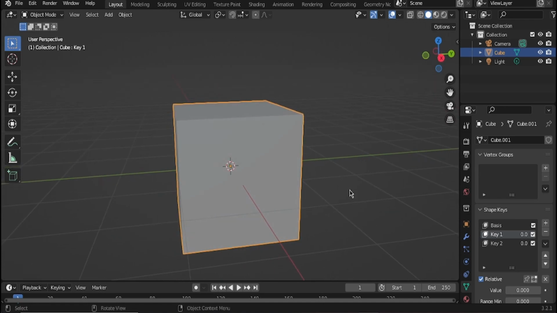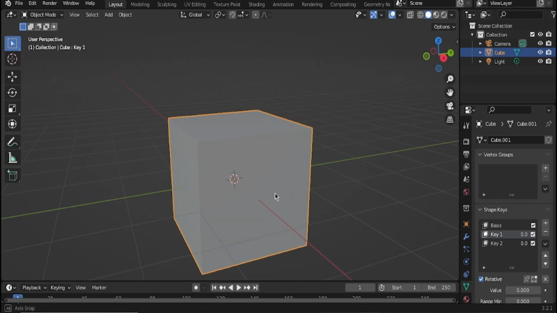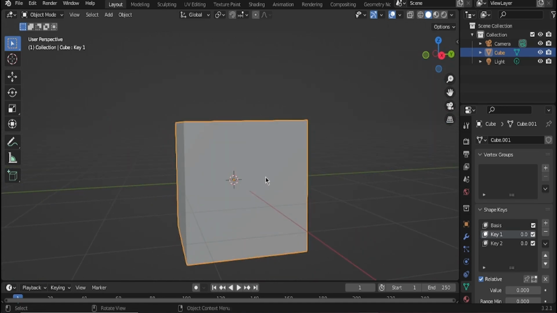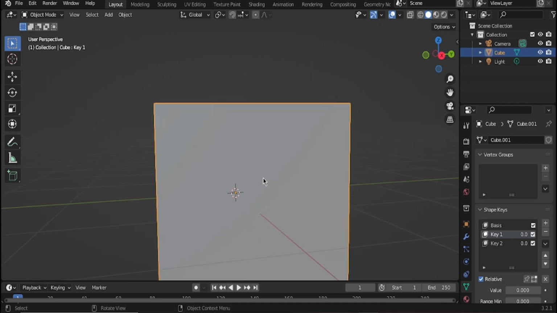And if you want me to go more in depth on how you can also keyframe things like more heads and how to do